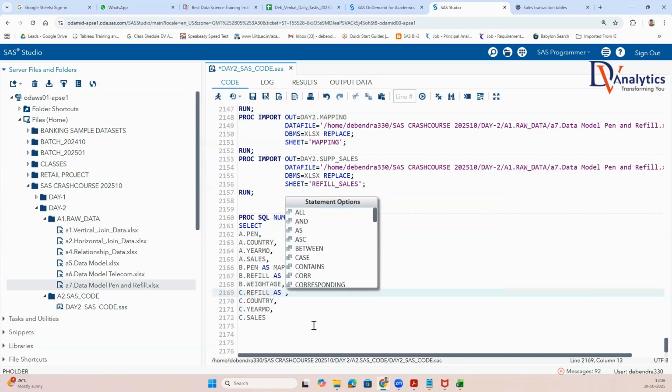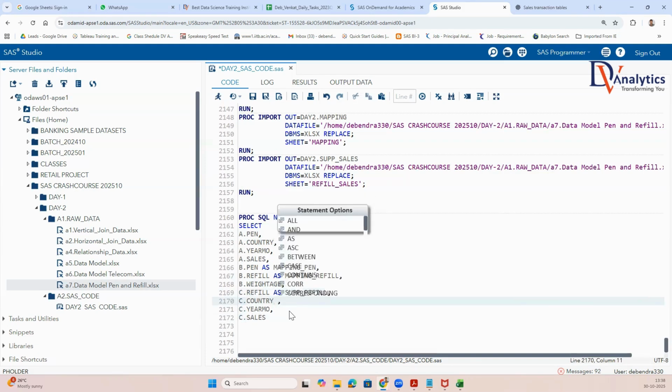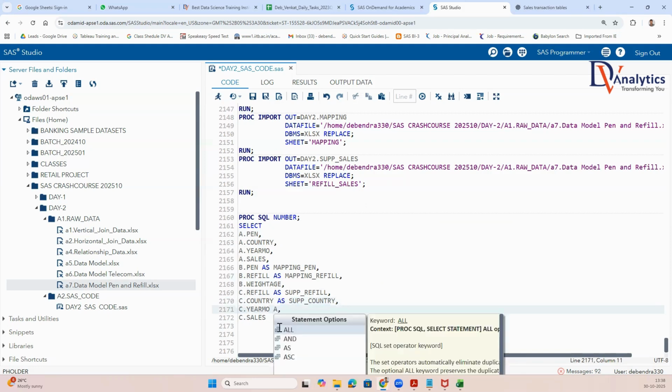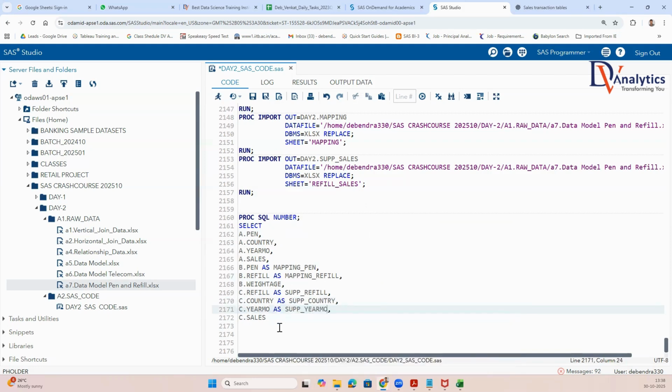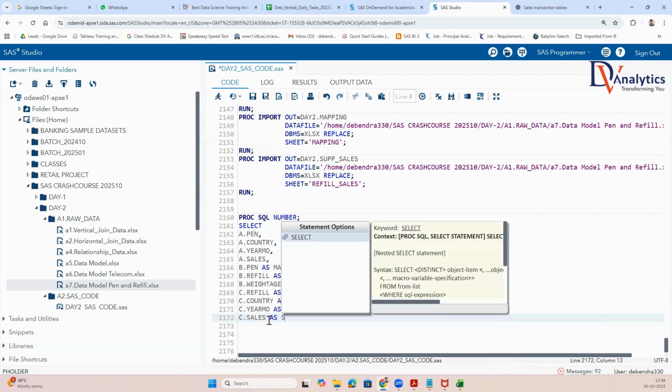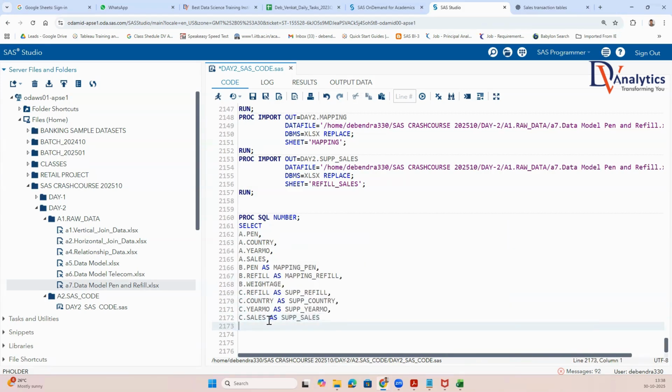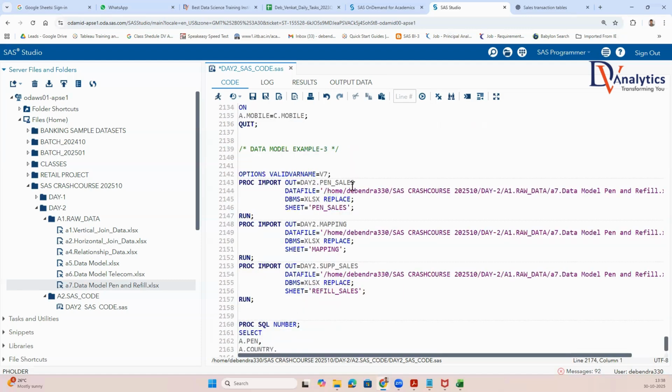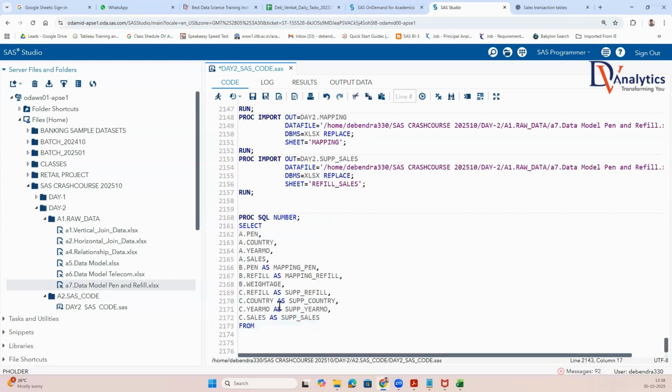I call these as supply refill, supply country, supply year month, supply sales. Why I did that, I'll tell you now. From day 2, pen sales